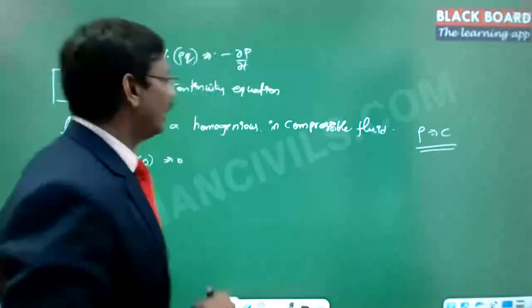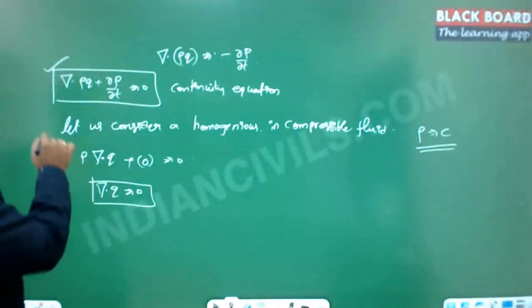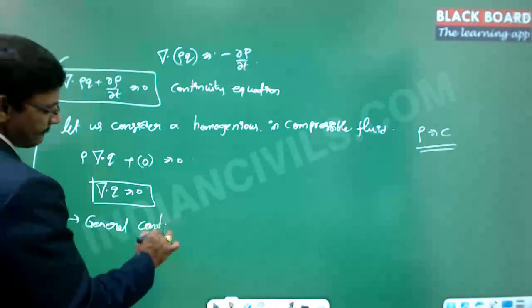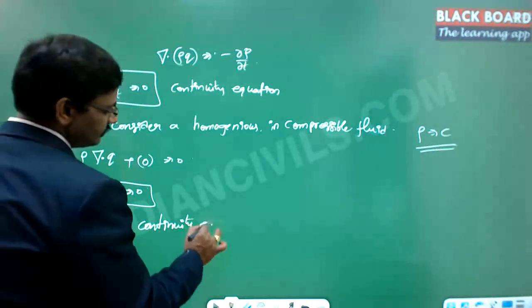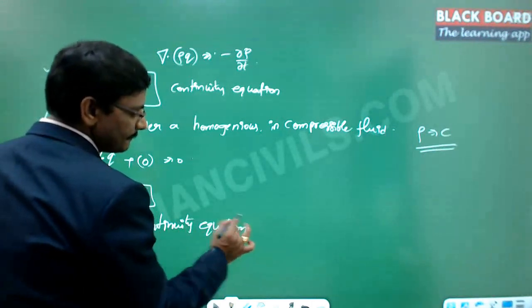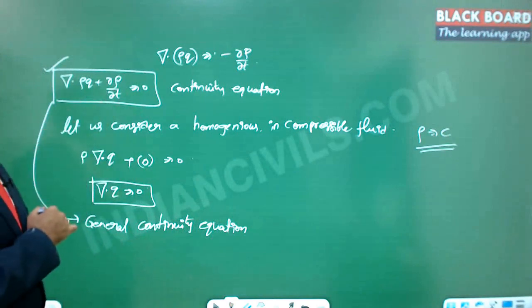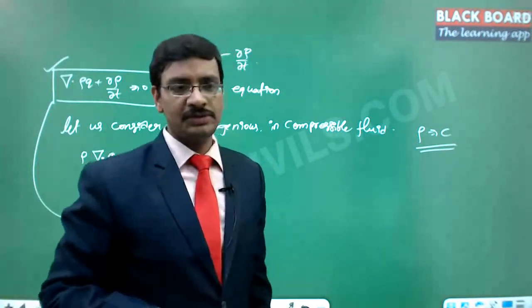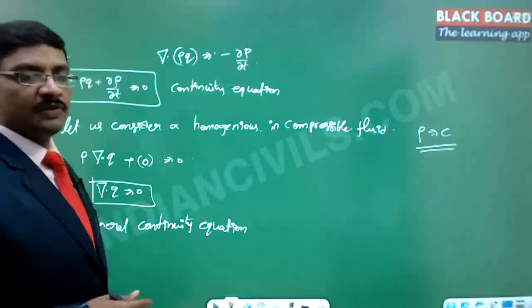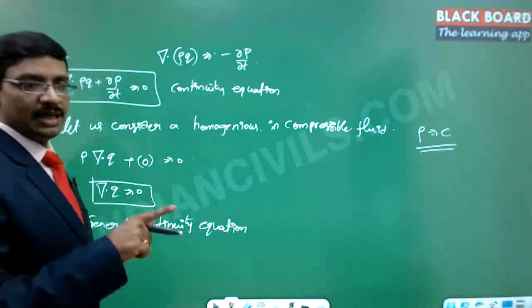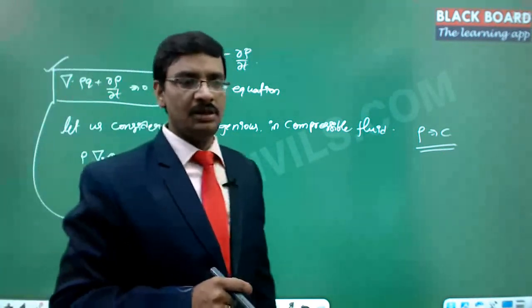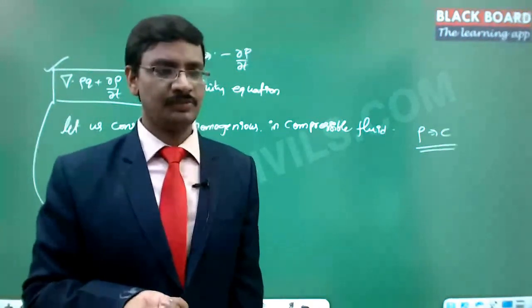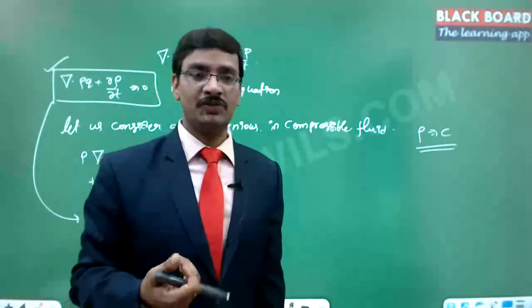If that is not the case, this is the equation that we need to use, and this is the general continuity equation. So this is the general continuity equation, right? And this general continuity equation is valid for homogeneous and non-homogeneous fluids, or heterogeneous fluids. So this equation is valid. If it is homogeneous and incompressible, then rho is going to be a constant. Now, heterogeneous fluid means that it is a characteristic of the space, so at different positions it is going to assume different values.